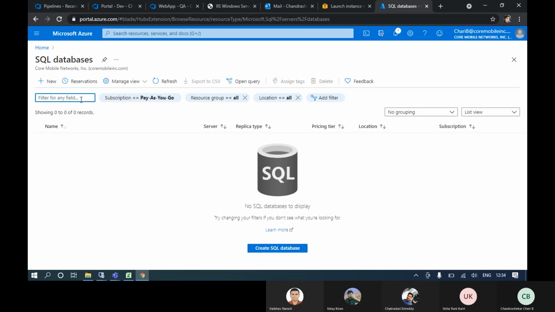Once you subscribe to these SQL databases, you can spin up any number of databases. We were having DevDB, DemoDB, QueryDB, so you need to create DevDB, DemoDB, QueryDB in this one SQL databases service.